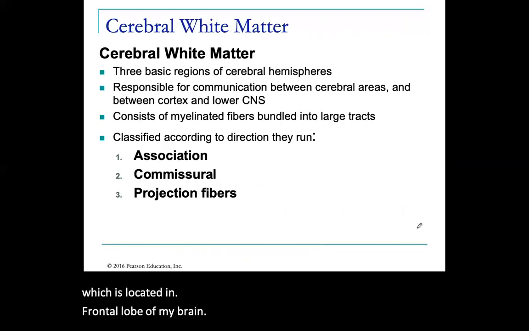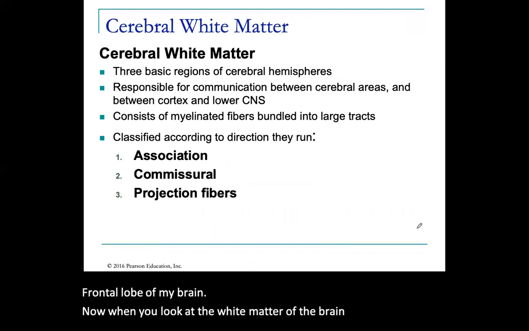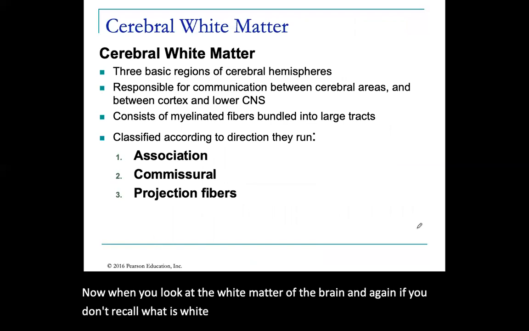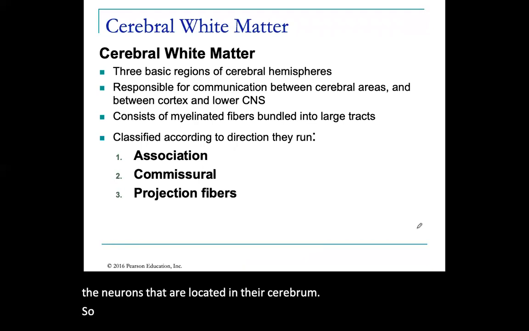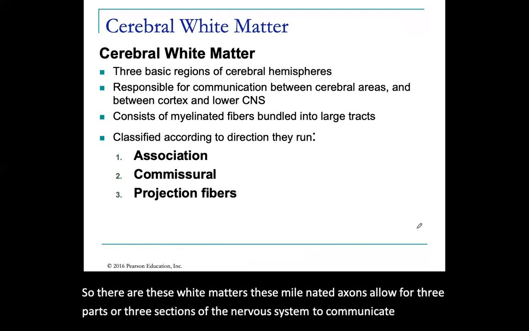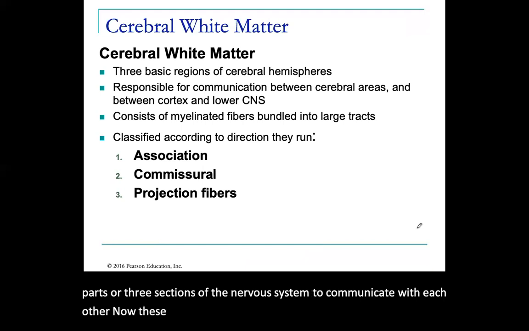Now, when we look at the white matter of the brain, and again, if you don't recall what white matter is, those were the myelinated axons of the neurons that are located in the cerebrum. So these myelinated axons allow for three parts or three sections of the nervous system to communicate with each other. Now, these structures are identified as association, commissural, and projection fibers. And they're really